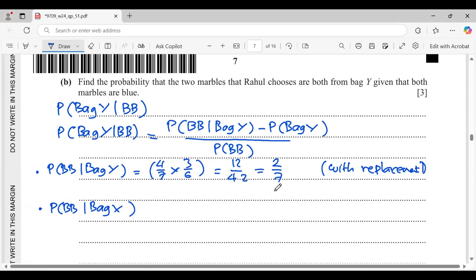Yeah, so this is with replacement. With replacement, 2 over 6 times 2 over 6 equals 4 over 36. It is 1 over 9. Sorry, this is without replacement. This is with replacement. Okay, next,